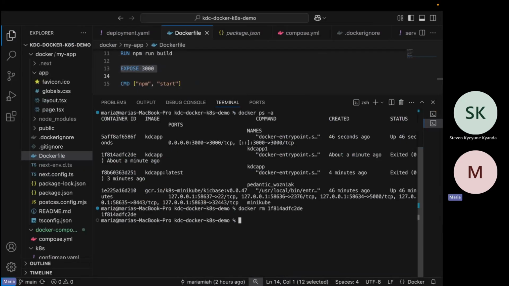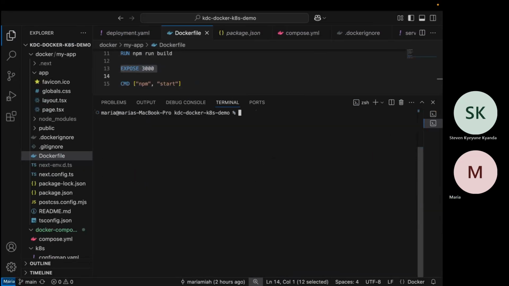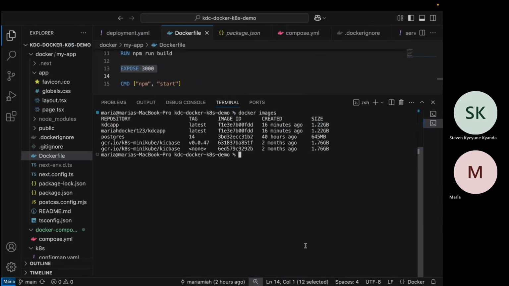The reason for this is it's good practice to always clean up your images and containers because they take up a lot of space on your machine. For example, if we do docker images, all these images are taking up all this space. So sometimes if you're not using the image, if it's not running any container, you just need to get rid of it.